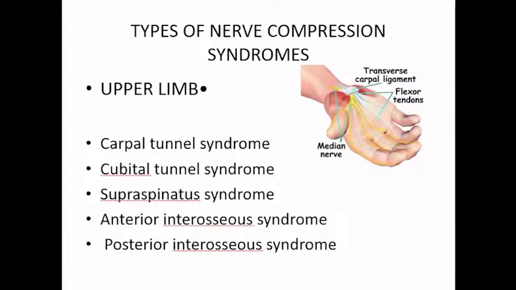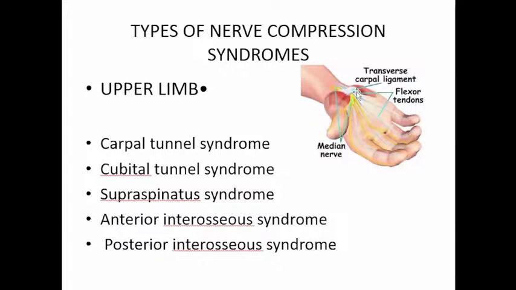Yes, doctor. Thank you. Yeah, so these are examples of nerve compression syndromes in the upper limb. I've just highlighted some. As I said, carpal tunnel syndrome is the most common. This diagram is showing you